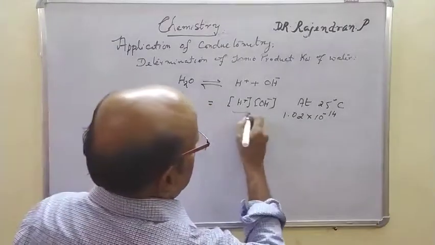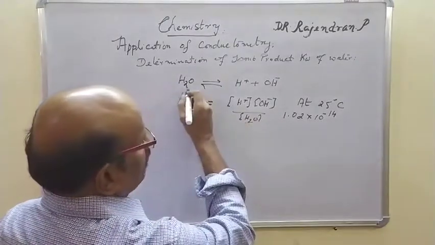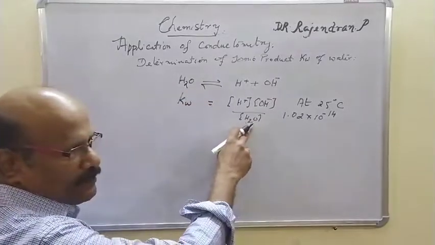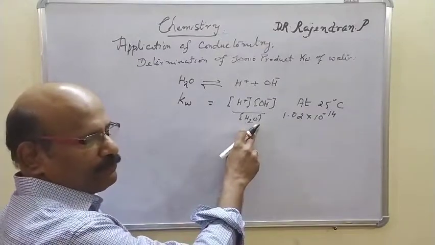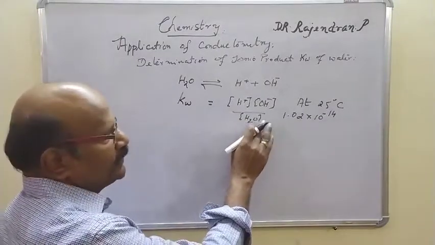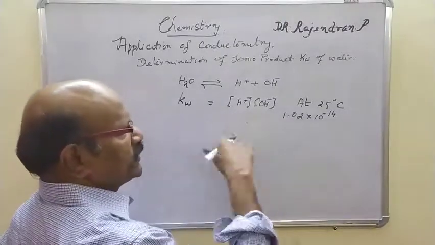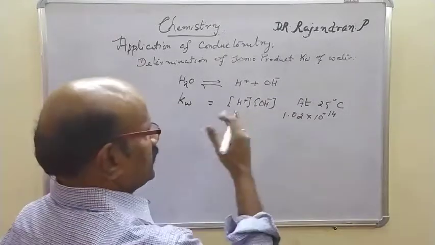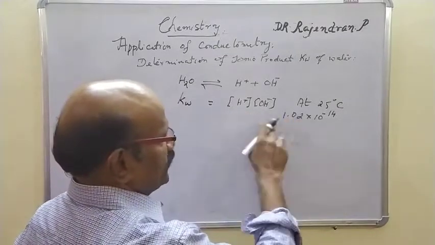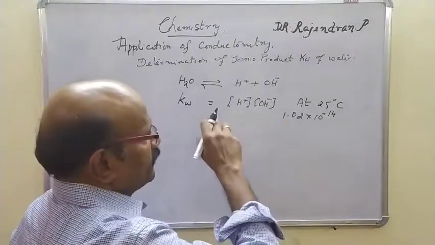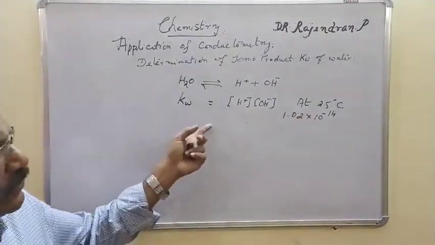Actually it comes like this, but in the denominator the concentration of undissociated water molecule is practically constant, because out of 5,000 parts only 1 part undergoes dissociation, so it is 4999. So it is practically constant and there is no need to write that, because it remains as such. So we have Kw equal to the concentration of H plus into the concentration of OH minus. It is called the product of the ions of the water molecule, and it is called the ionic product of water. Now how it is going to be discussed